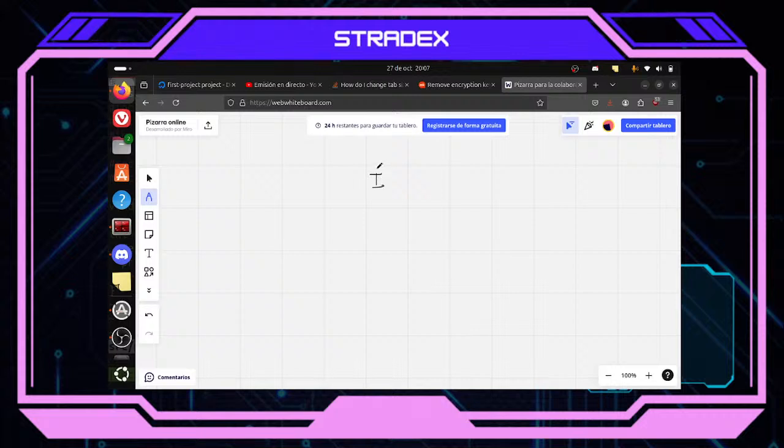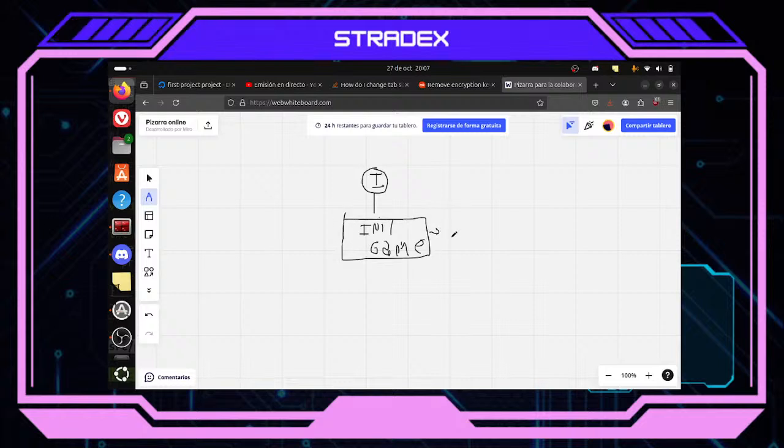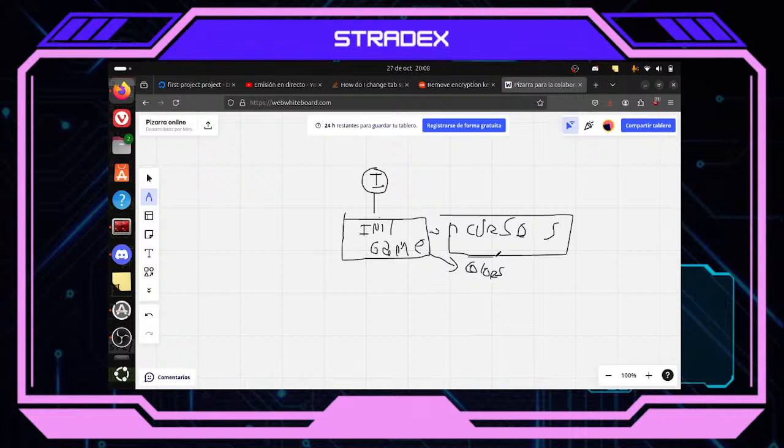I want probably, this is my program. Let's call init when my program starts. The first thing I want to do is probably the init part, like initialize everything. Init game. This should be like set up NCurses. Here I want to set up colors. I get my current terminal, etc.